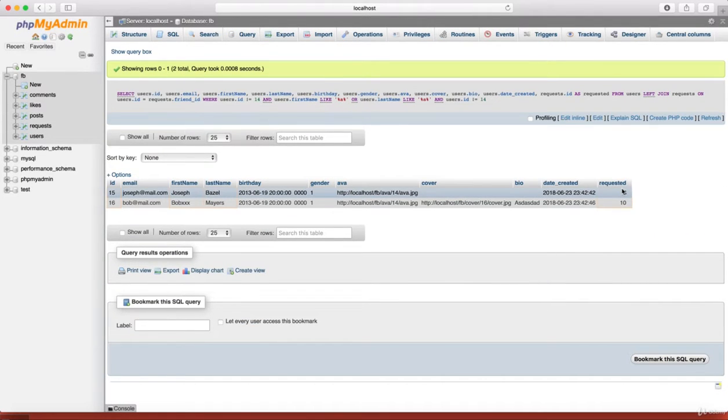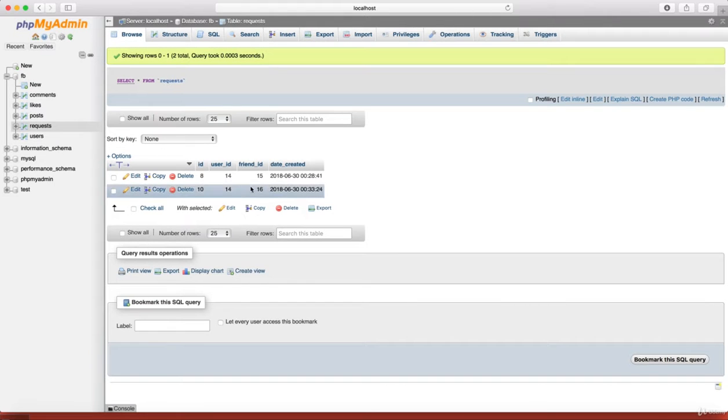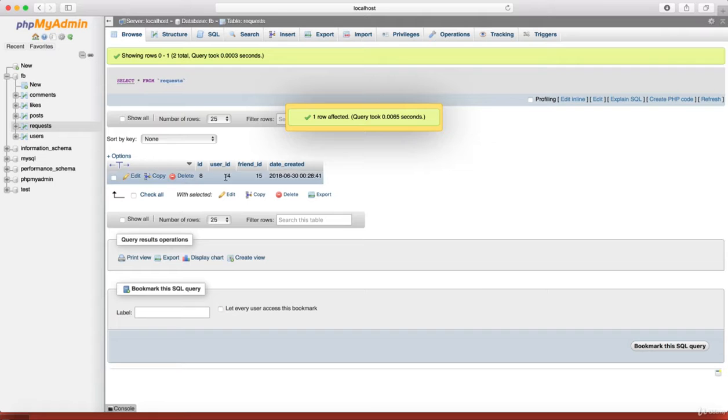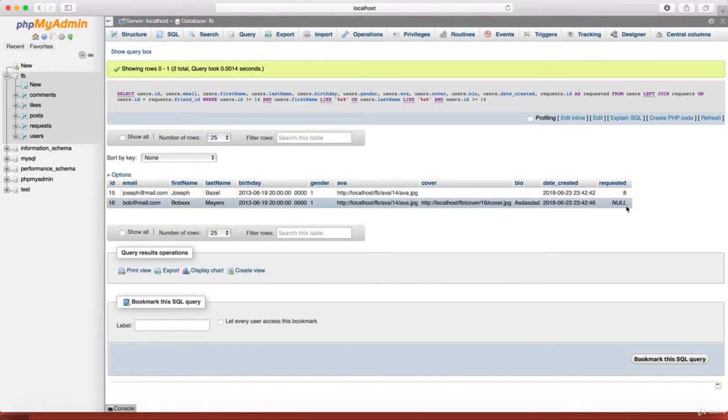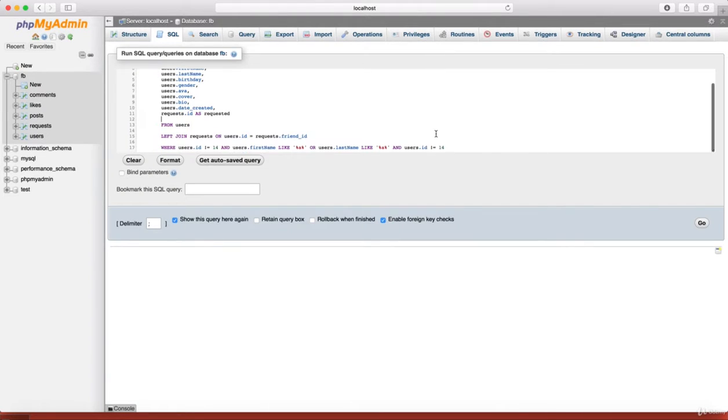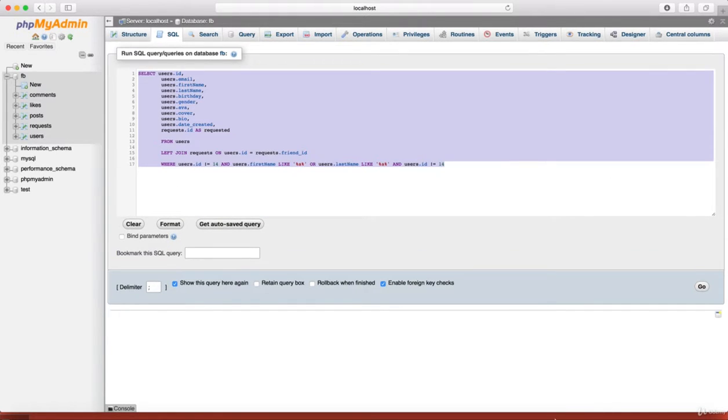So requested means if there is something, it means it is requested. Let's say I'll delete the ID 16, 14, 15, I'll keep it, and I will just search it. So you see for the ID 16 it shows null. For the 15 it shows that it has been requested. Okay, so this SQL command, which is the updated and more advanced version, I'll just copy this and we're going